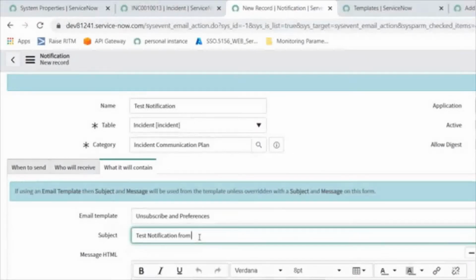I want to display the number here. How can I display it? That is another question. I want to print my number. Here, test notification from this ID, it will print the incident number which is going to be created through this email. Why am I passing it like this? This dollar symbol with braces will indicate the dynamic values which we are passing, so that means we are not hard coding anything in the template.